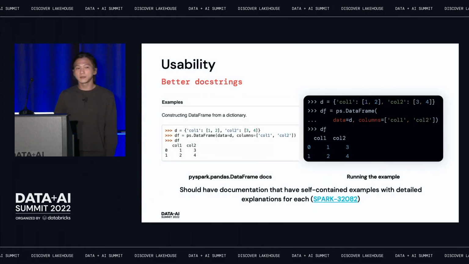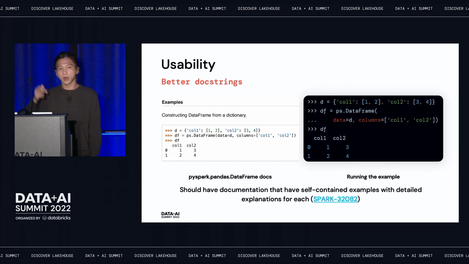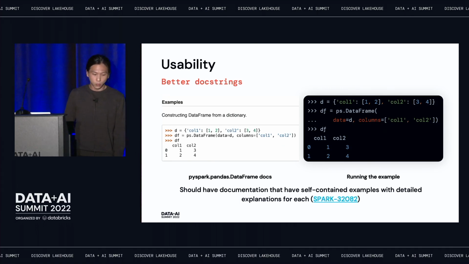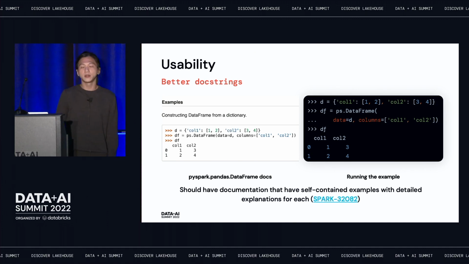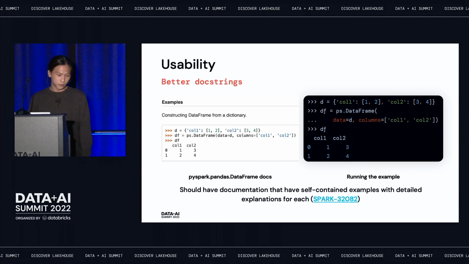In the case of the Pandas API on Spark, we have self-contained examples. So for most of them, you can just copy and paste, and it works right away. It has good parameter documentation. So we plan to document everything in other packages too, like Spark SQL and Spark ML, so you can just copy and paste an example. You're a newbie, you just copy and paste and try and learn, right? But that's not possible in PySpark yet, so we are going to make it possible.